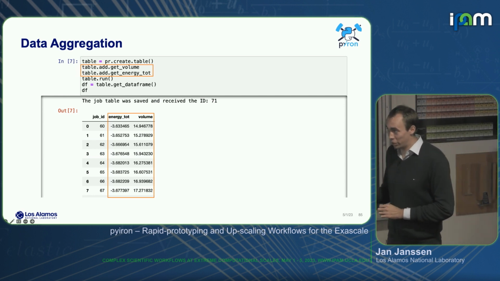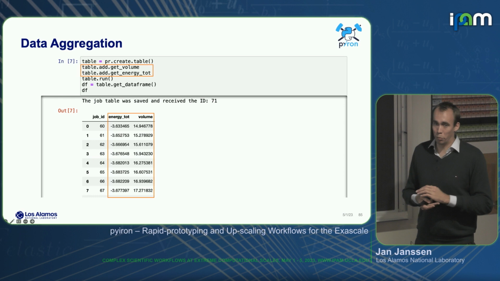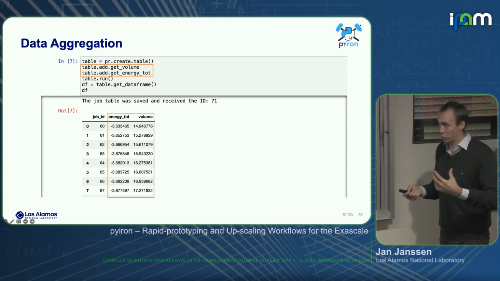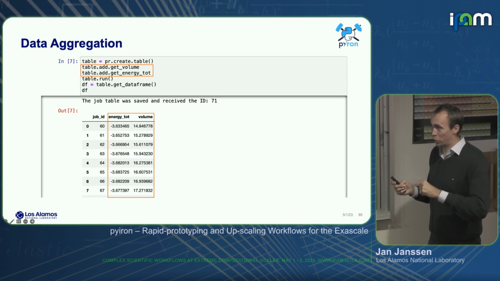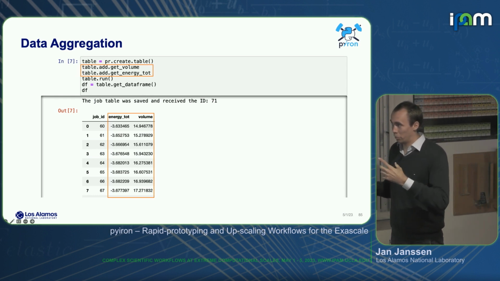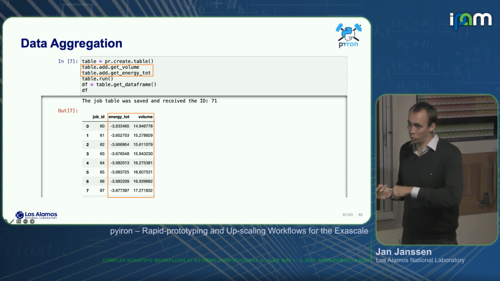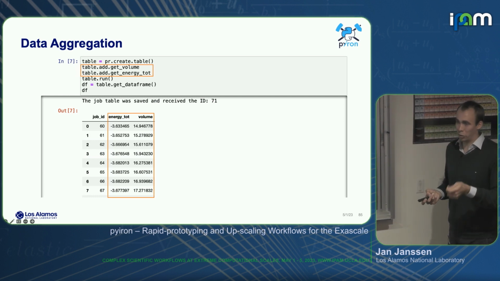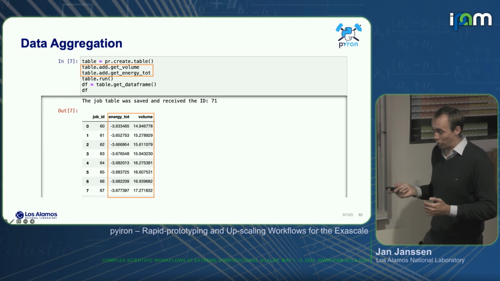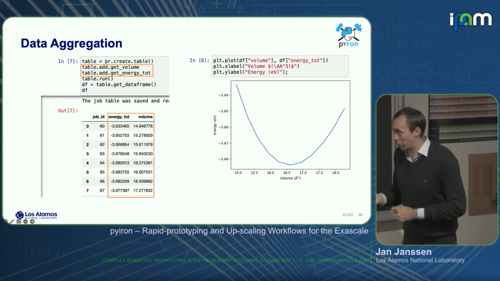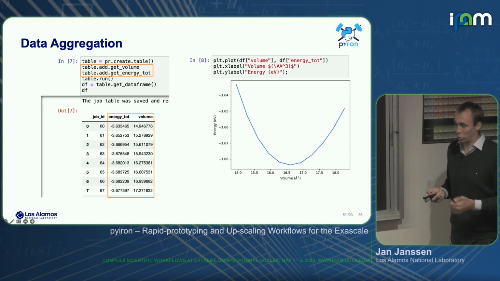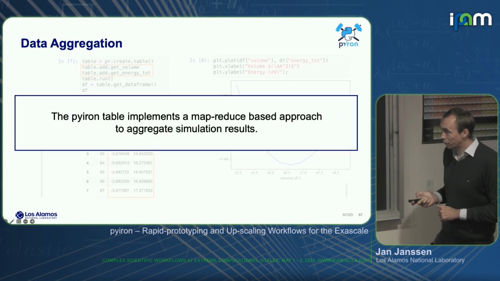The advantage of the pandas data frame here is we can directly put it into a machine learning framework and reuse it there, right? So it's very easy now to imagine, okay, we take this data, we couple it to a machine learning framework, get new information, maybe make a suggestion what the next calculation to do is, run the next calculation, extend our data frame, and so on, and really continue this process to do a very large parameter study. In this example, I just use the data frame to again plot my energy volume curve, just to show that it's consistent here.